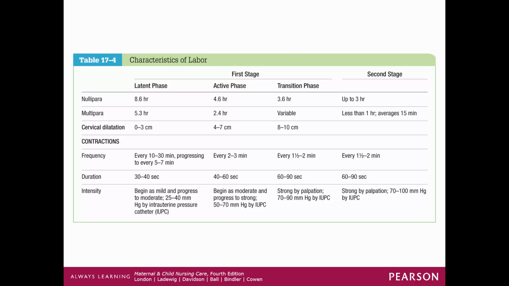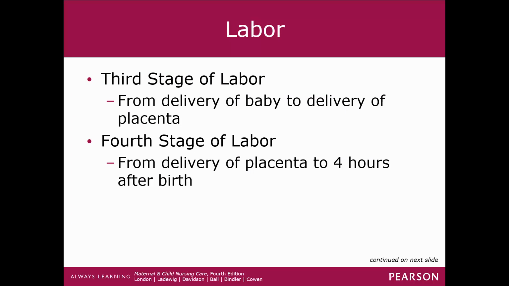Now, the third and fourth stage of labor. The third stage is she's already delivered the baby. Now we're waiting, and she's delivering the placenta. So this is the time it takes her to deliver the placenta. That could take 5 minutes, or that could take upwards to 30 minutes. But we really don't want it to be taking any longer than 30 minutes because this woman is bleeding, okay? She's not like hemorrhaging or anything, normally, but we don't want her to be keeping that placenta in there very